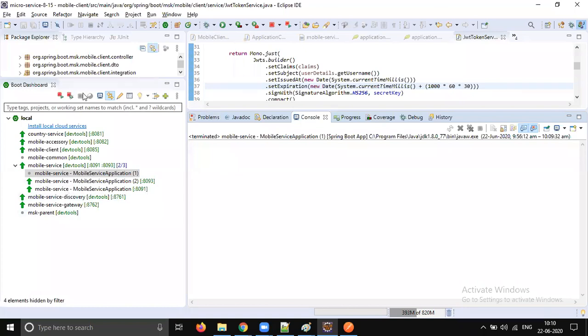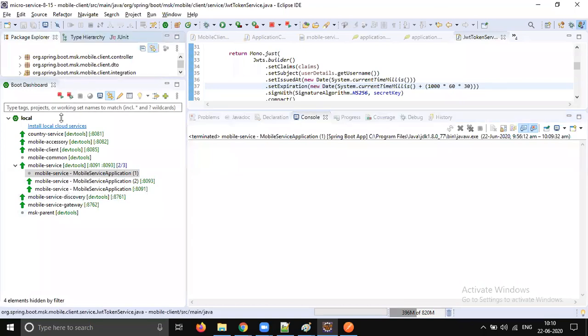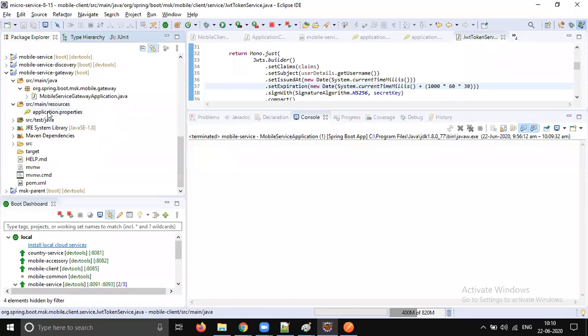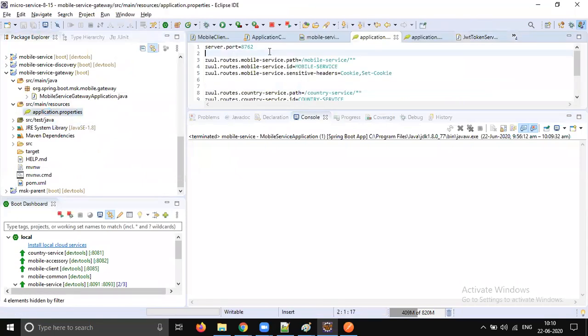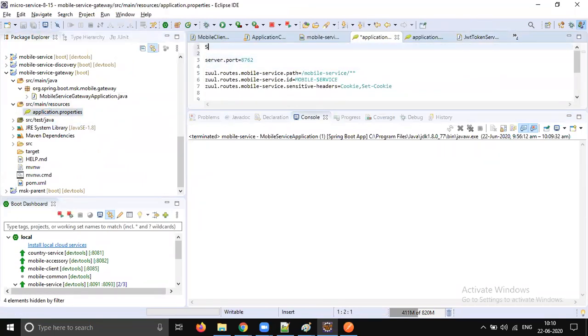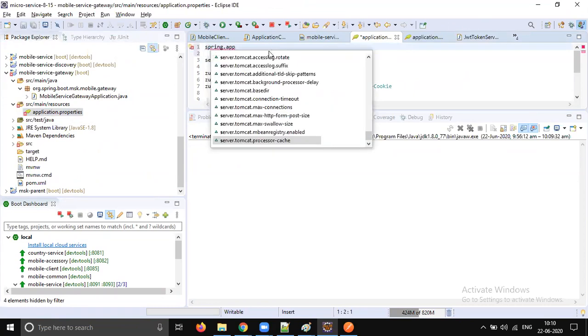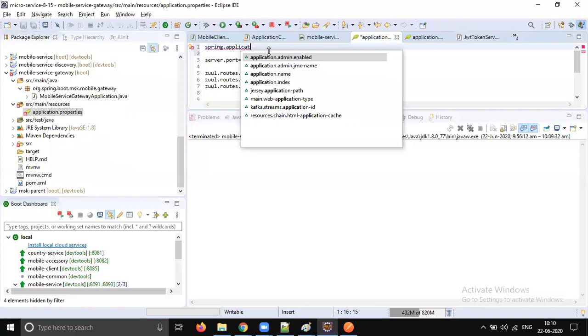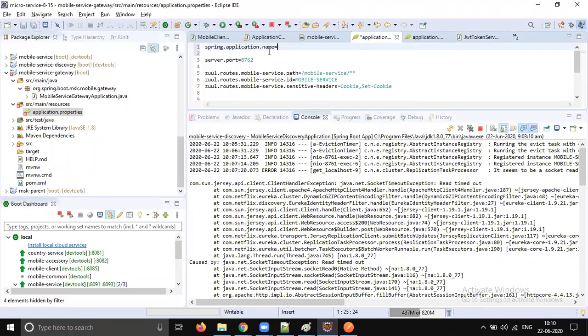The mistake we made for the gateway is that we have not provided a name to our application. In Eureka, you should always give a name. Let's say gateway or load balancer, anything is fine.